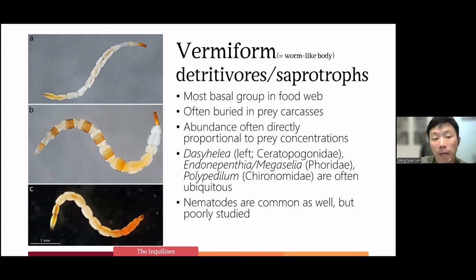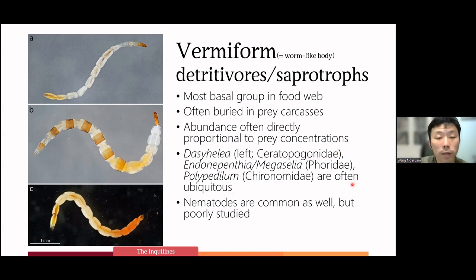The first group is the vermiform, or worm-like in form. They are the most basal in the food web. They often bury in the pitcher. The prey carcasses accumulate at the bottom, and these guys are hiding among the prey carcasses at the bottom of the pitchers, and they help to break up the prey, and they dig into the hollow exoskeletons of large beetles or large ants. And the groups are mainly fly larvae,